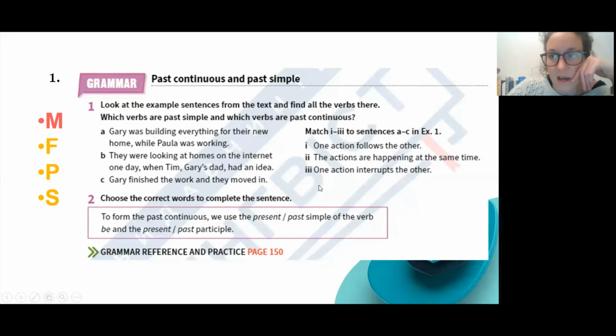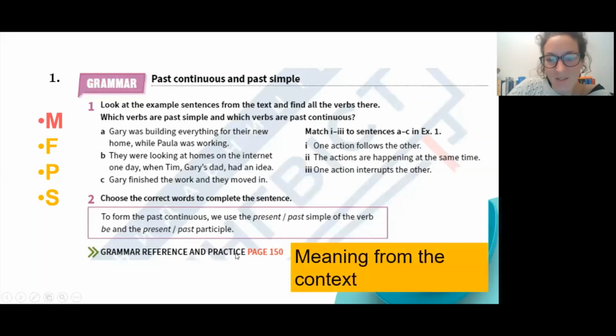So it's a simple exercise. But what we do next, we ask students to form the rule, to choose. So we use past continuous to form the past continuous. We use this and that, and so on. Then, after we did this exercise, we discovered a pattern together with the students. We finally go to the grammar references, not before reading the text, because then there is no intrigue. All right. We derived meaning from the context.